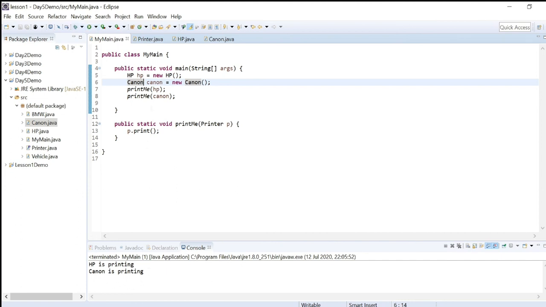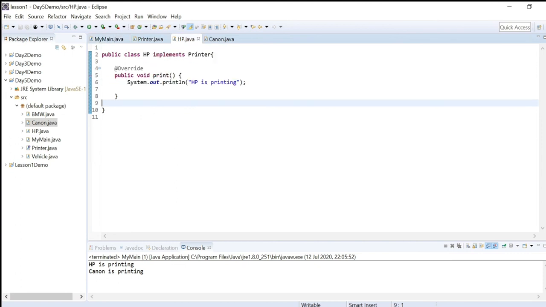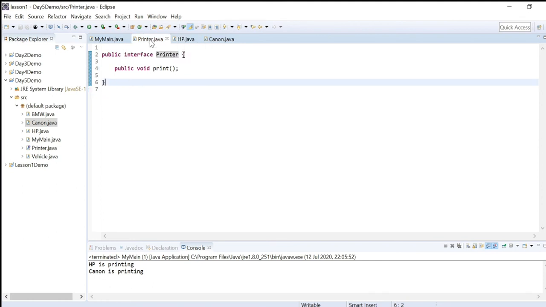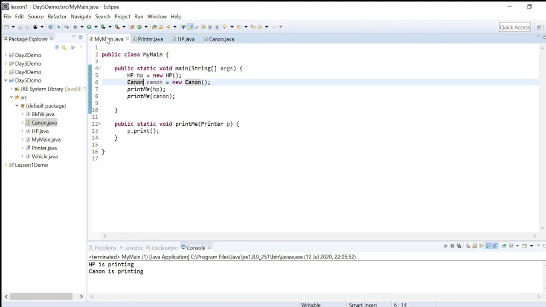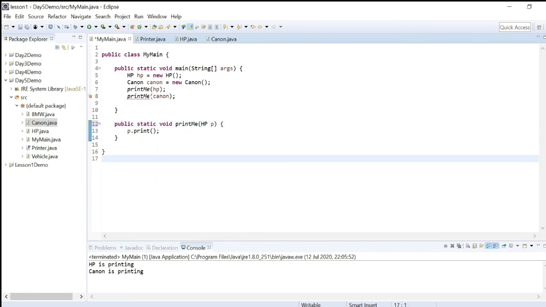And why? Because when it goes to the HP class, it knows that it implements the printer. So they have the same types, right? So we can do it like this. But if I specify here HP, capital P, now you see an error here on the Canon, because for the Canon we don't have a print